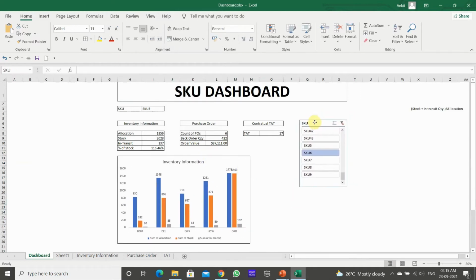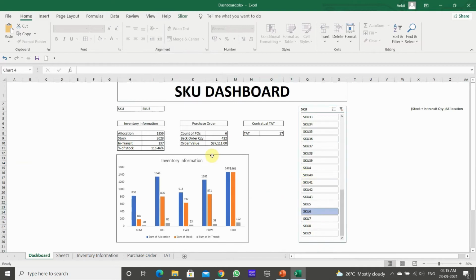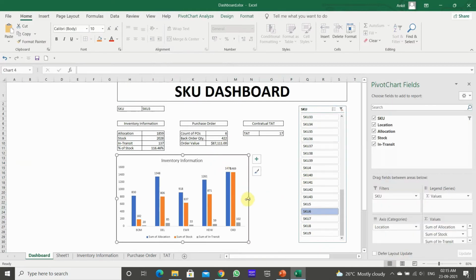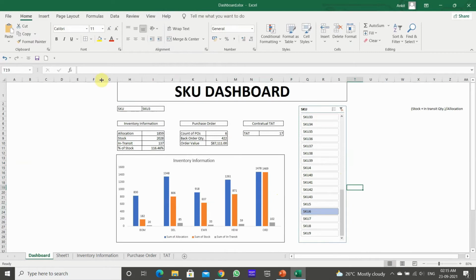And I will put this like this and extend the graph and let's beautify it.